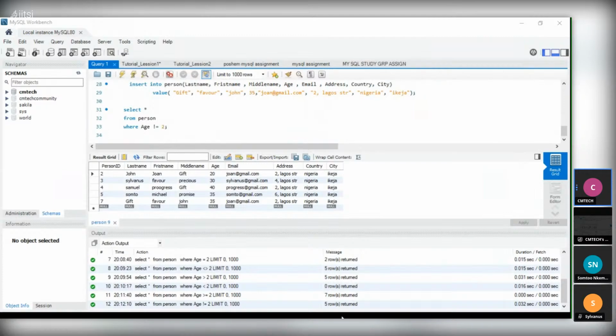Now let's see if our age has a null value. For us to check if a particular column has a null value, we have to perform some little tasks. And what is a null value? A null value is a field with no value.